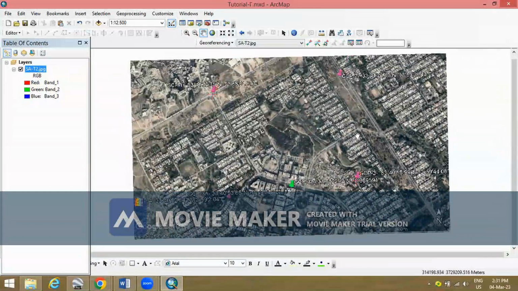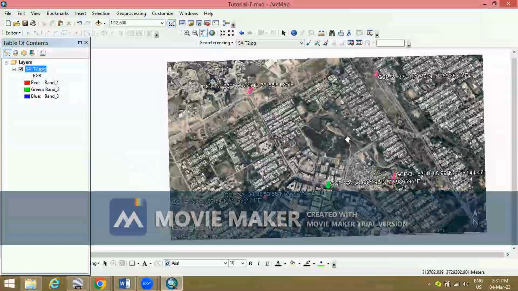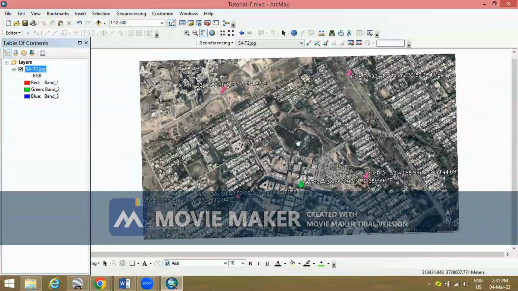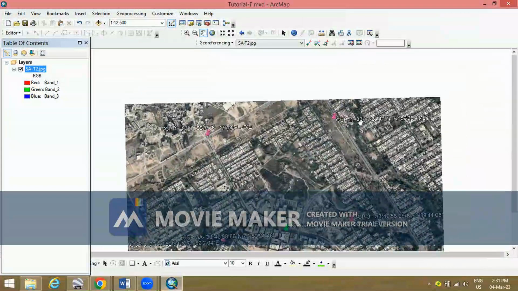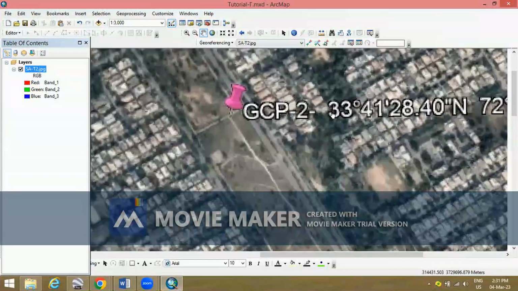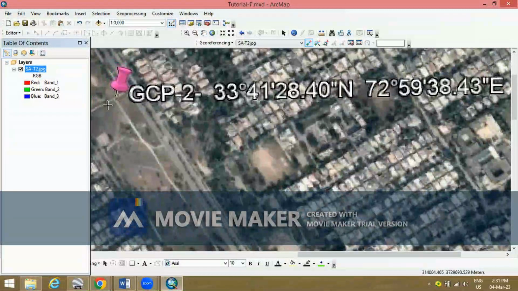We have to assign minimum three coordinates, or 4 or 7. Here we have the option of three coordinates and four coordinates. So now we have to assign other coordinates because in tutorial one we assigned the three coordinates, and now we are going to perform the second order polynomial georeferencing. We will assign the third coordinate also. First we assign the diagonal coordinates, and now